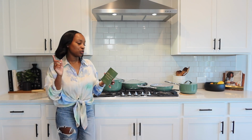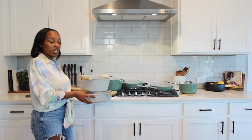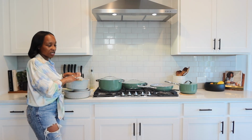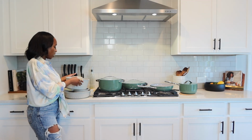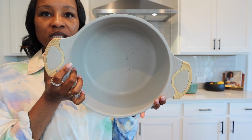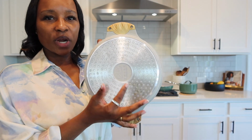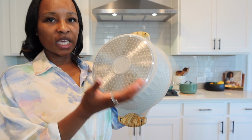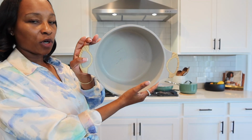The other thing I wanted to show you guys in regards to the wear and tear, y'all know probably a few weeks to a month before I actually got this cookware set, I purchased this set from Home Goods. Probably half the price of this, but as you can see, this is the Dutch pan and it has scratches all in it. The bottom is probably consistent with Caraway where it has scratches, but there's also that stickiness film there where maybe something got on the bottom of it and it came in contact with the heat. You can also kind of see that it has a yellow film. Here is